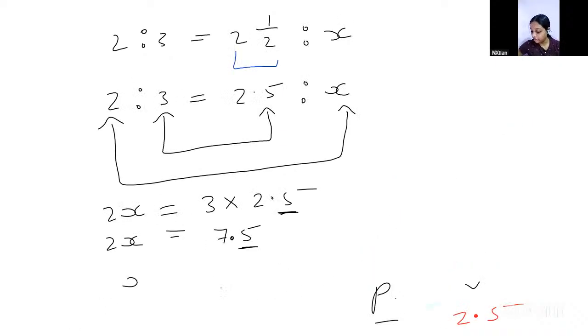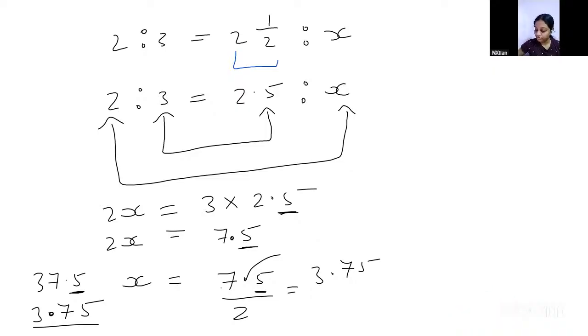Okay, check this out. 7.5 divided by 2. I have written it with the point in the decimal, in the dividing. So 2 1s are 2, 2 2s are 4, 2 3s are 6, minus, 1. And because you have a point here, you put a point right above that. Then bring 5 down.